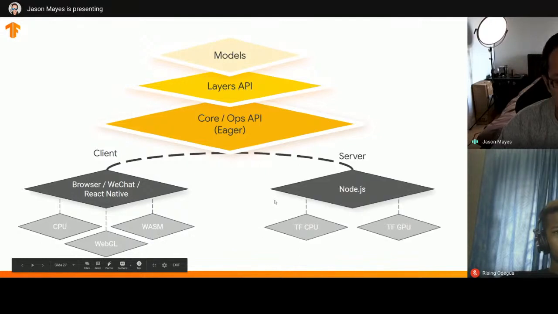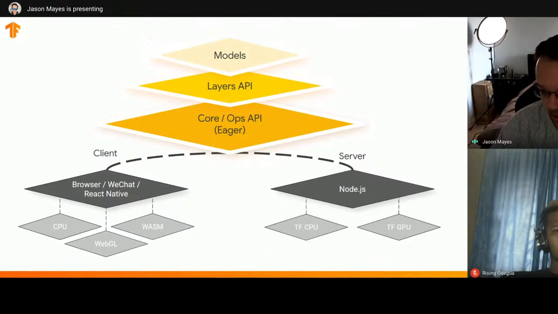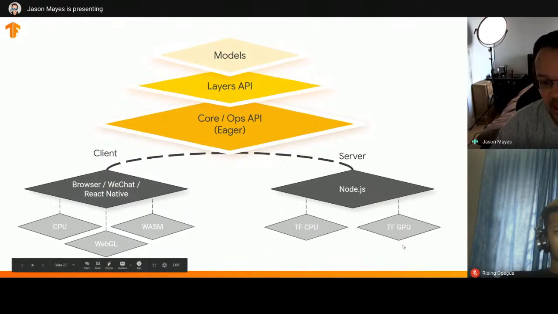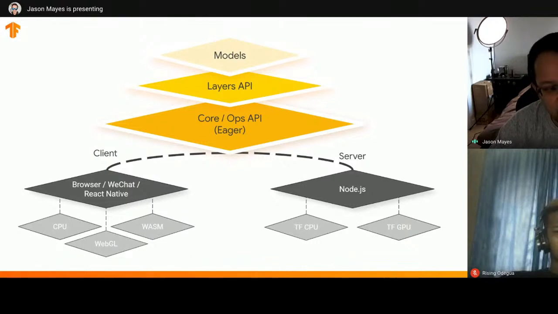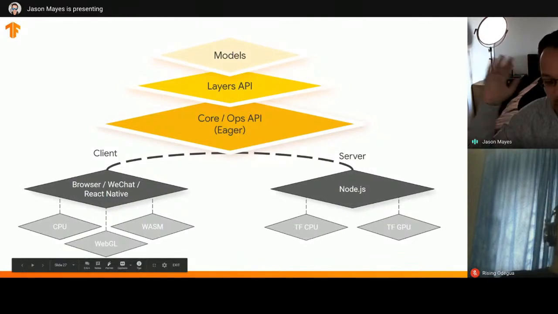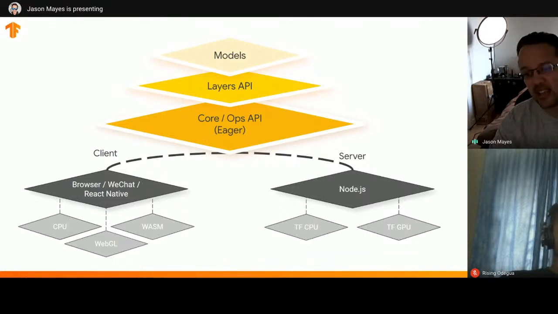Now, the other side of the story here is the server side. Server side is where we use Node.js, which is also just JavaScript, but essentially this talks to the same C bindings that Python does. So it talks to TF-CPU and TF-GPU, which means you get the same CUDA acceleration and the same AVX support that you are used to in Python land. Because both Python and Node.js are talking to some underlying system that's written in C or C++, it's exactly the same pass-through, which means performance-wise, Node.js and Python for inference are exactly the same, as we'll see in just a few slides' time.